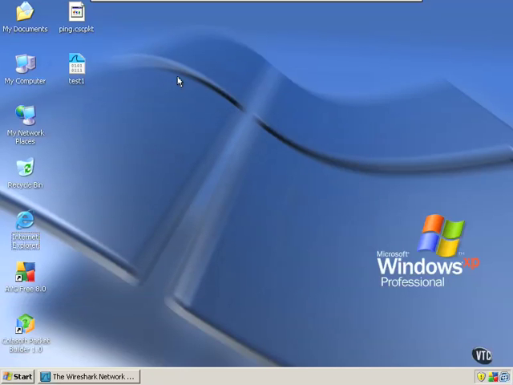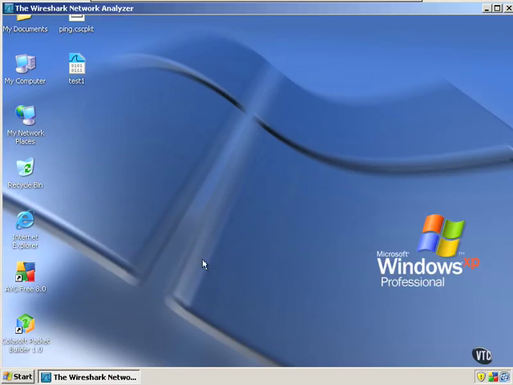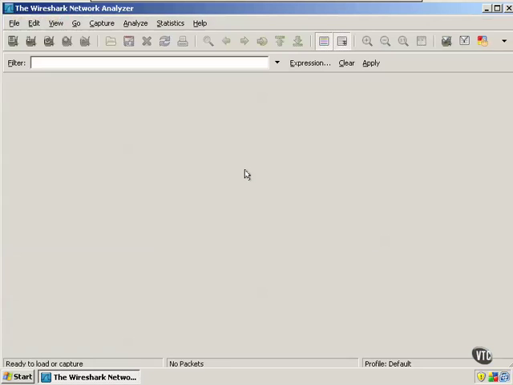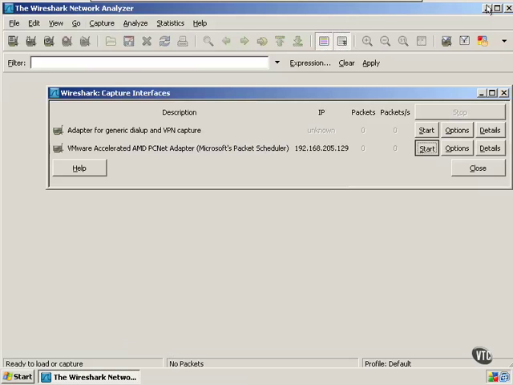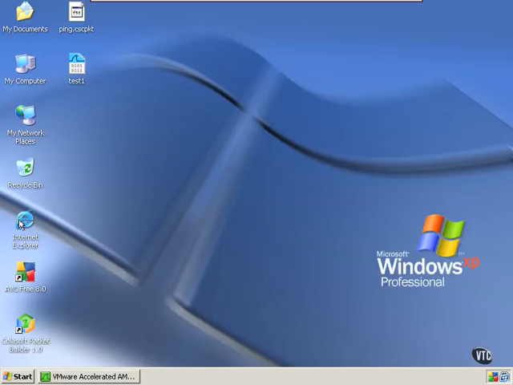Okay, we're in our Windows XP Professional box, and we're going to start Wireshark. Now, don't worry about Wireshark because I know we haven't talked about it just yet, but we're going to as we go throughout the course. So for right now, what you need to know is we're actually going to capture and listen in on the traffic between this Windows XP box and a website. So we're going to click Capture, and we're going to click Interfaces, and we're going to start capturing traffic on one of the Windows Networks cards. So we're going to click Start, and then we're going to minimize this,